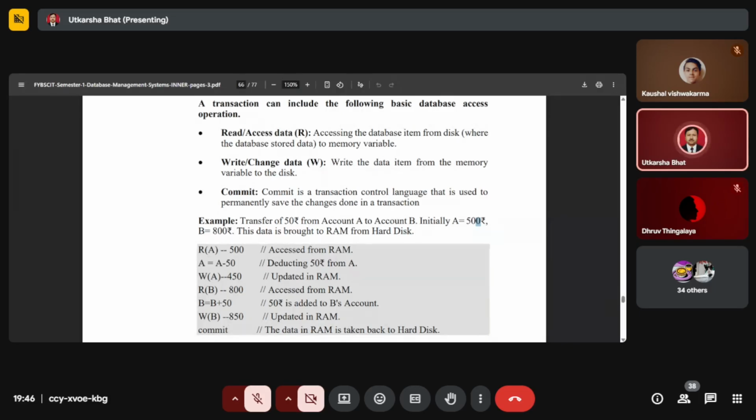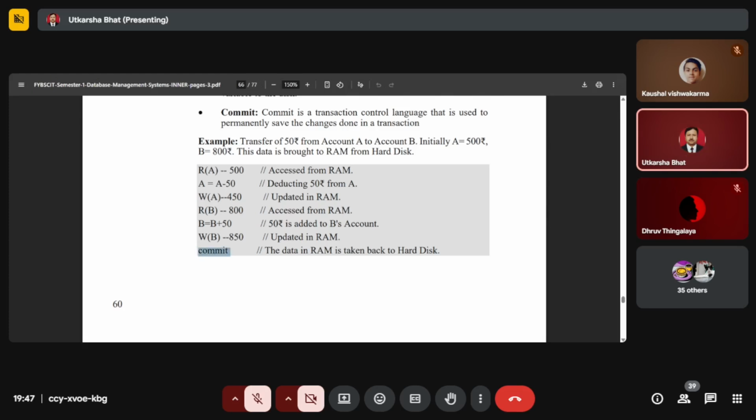A अकाउंट है, उसमें अमाउंट है कुछ, सपोज उस अकाउंट में से -50 किया, बेसिकली बैलेंस उसका 500 है सपोज। ओके, यहाँ पे आपको दिख रहा है कि आर ए इज इक्वल टू 500। तो ए जो है अकाउंट उसमें 500 है, ए इज इक्वल टू ए माइनस 50, मतलब डिडक्ट किया जाएगा 500 प्लस 50। तो अपडेट 450 इन रैम, आर बी इज इक्वल टू 800। अभी इसमें क्या करना है, ऐड करना है, बी इज इक्वल टू बी प्लस 50, 850 अपडेटेड इन रैम।